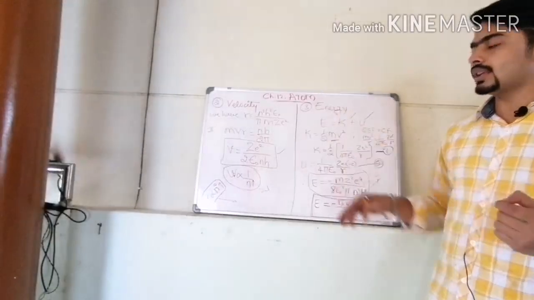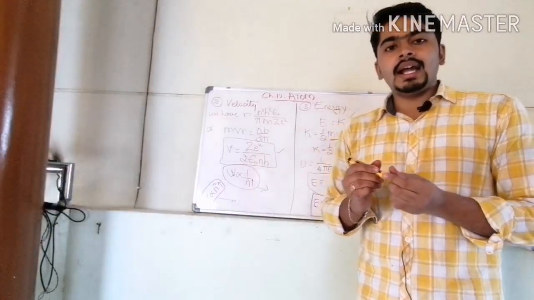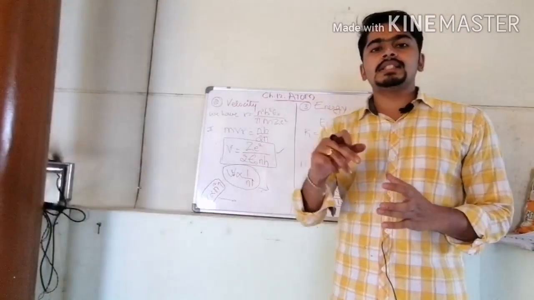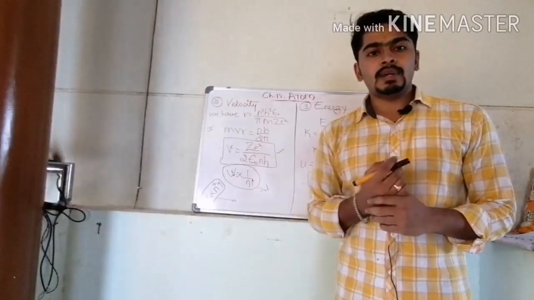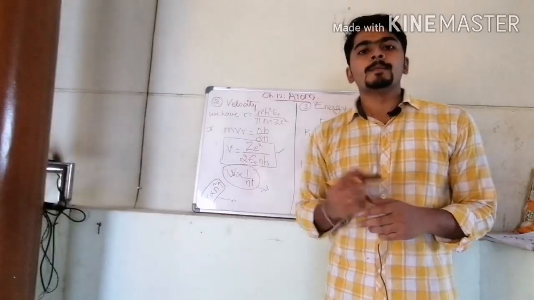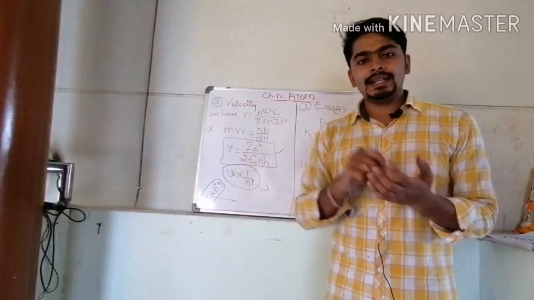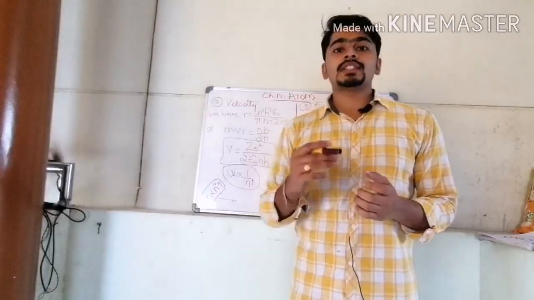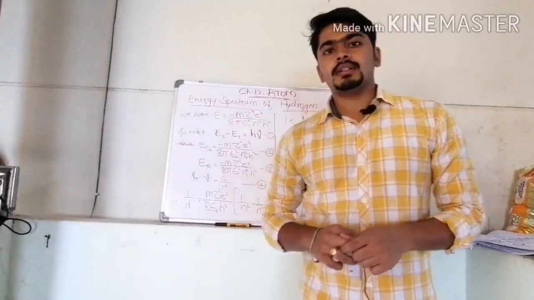These are some important derivatives obtained from Bohr's atomic postulate, and using this same energy level, we are deriving the semi-empirical formula, that is the wave number equation: 1 by lambda is equal to R into 1 by n1 square minus 1 by n2 square. Using that equation, Bohr explained the line emission spectrum of the hydrogen atom, that we shall discuss now.